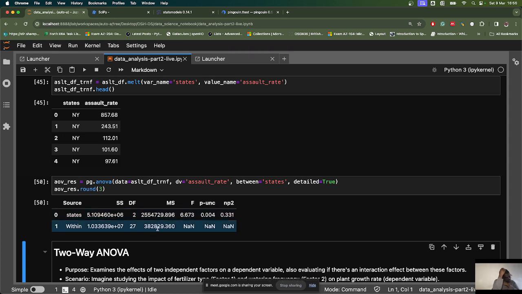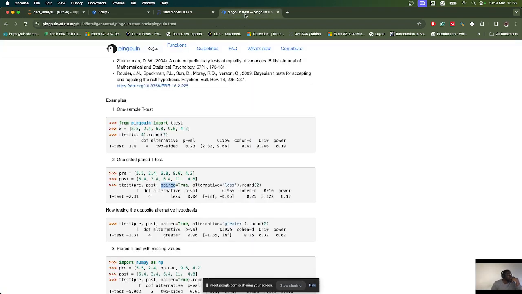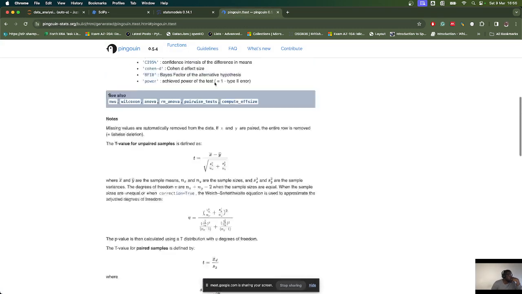As you can see, it's giving us two statistics, but it's not giving us a p-value for this F. In this case we are getting a p-unc, and this p-unc is actually supposed to be